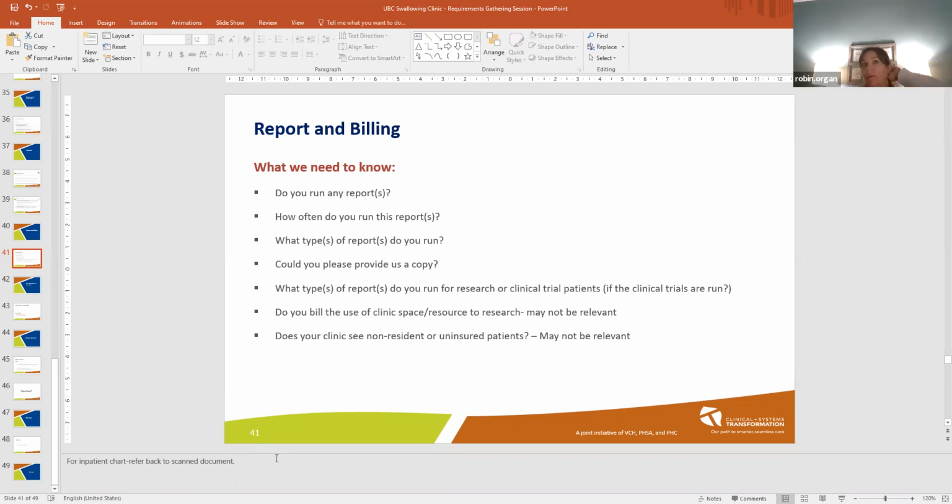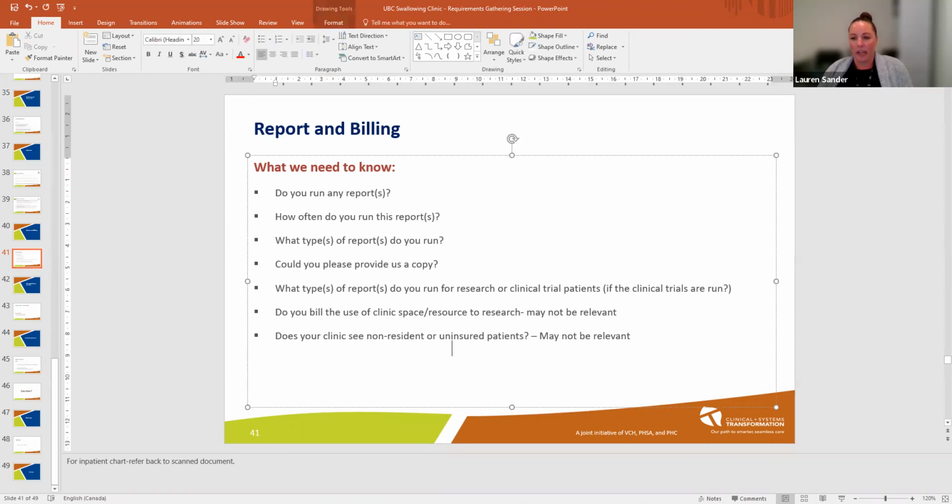Yeah, our biggest concern is, are you getting anything printed from PCIS that's going away that we'd have to make sure? We have a lot of statistical reports that you can run automatically right now, but if there was anything unique to your clinic. Not that I'm aware of, Robin. Yeah, but we can double check with Cheryl. I mean, I've been here now since September and I've never seen any reports or statistics. So I think we're probably good to go with what you guys have in Cerner. Agreed. We'll start fresh.